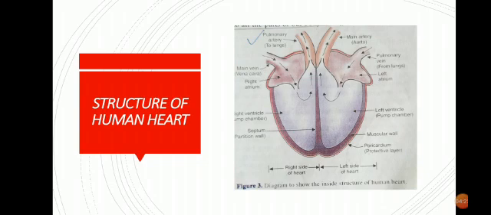Now arteries, what do they carry? They carry oxygenated blood, that is the blood which is rich in oxygen, right? And veins, what do they carry? They carry deoxygenated blood, right? That means veins carry the blood from all over the body towards the heart, so it contains more carbon dioxide, right? And arteries carry the blood from the heart towards all parts of the body, that means that blood is rich in oxygen, right?